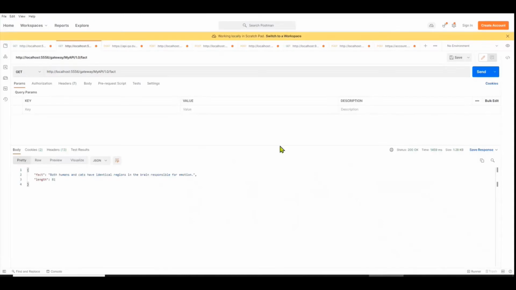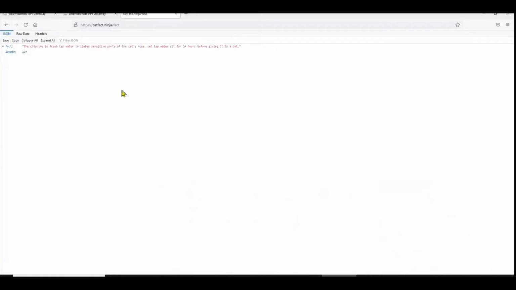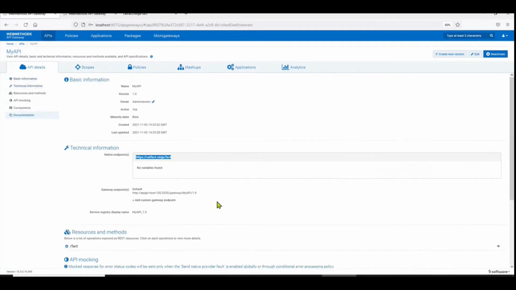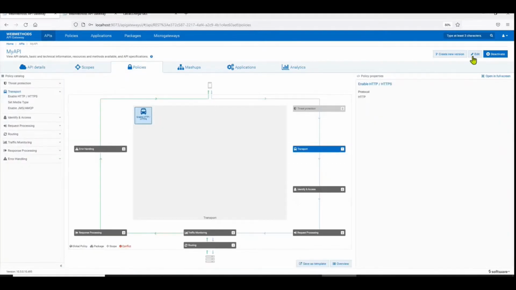So I'll switch to Postman, and this is the API currently hosted on the gateway. And as you can see, it is currently also unprotected. Now we'll go to the gateway again and try to see how to secure this API. All the security that you apply on an API is set up as policies. So once you come over here and you edit the API, you can go to the identify and access section and add in what needs to be protected.